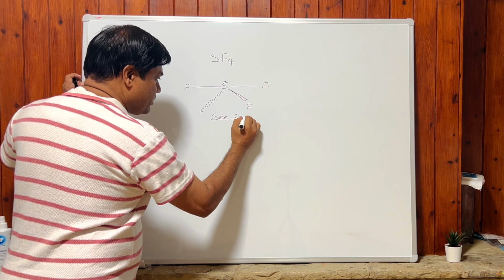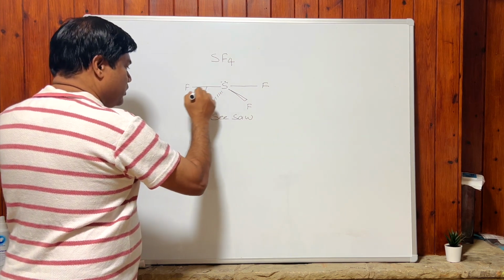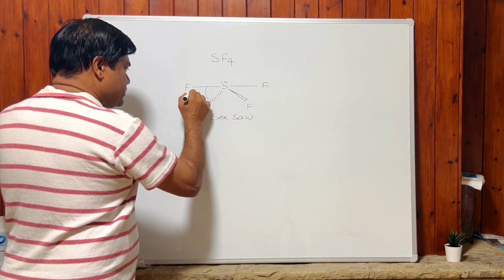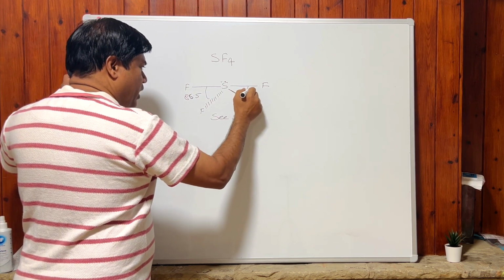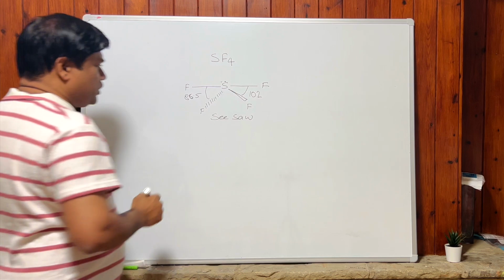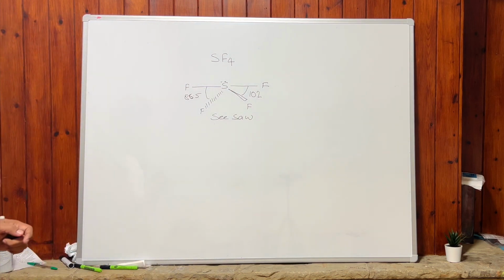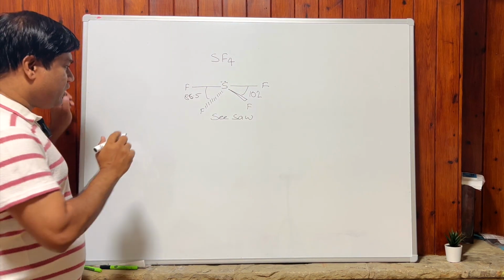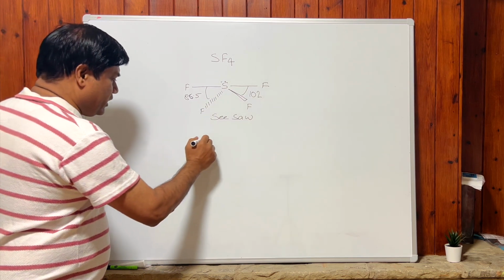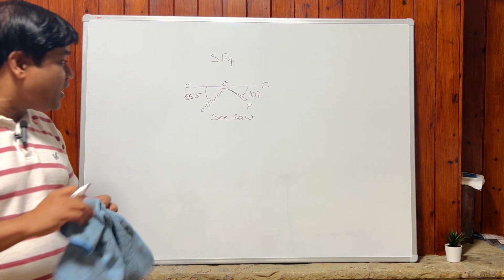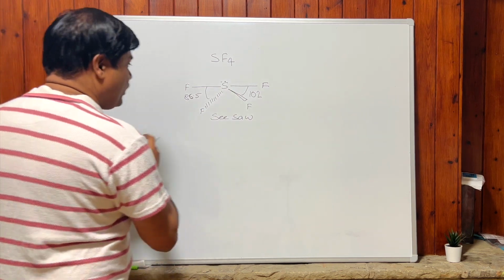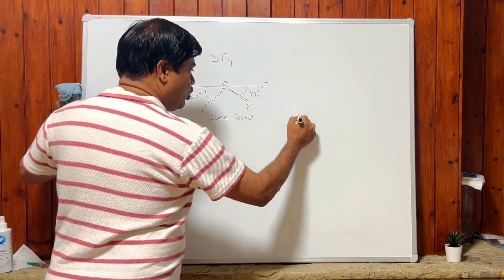So it looks like a seesaw shape. One bond angle is 86.5, and one is 102. Okay. Now I have some more molecules, like chlorine trifluoride. Let's see the chlorine trifluoride. Look, chlorine